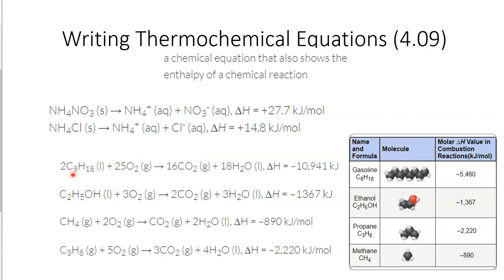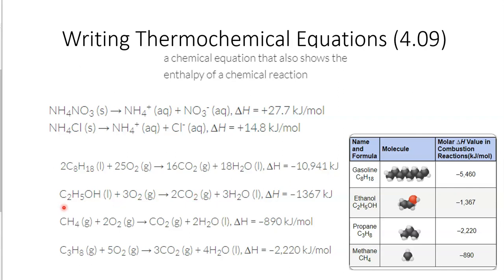So here we have 2 moles of liquid gasoline reacting with 25 moles of oxygen, diatomic oxygen in the air, to produce 16 moles of carbon dioxide gas and 18 moles of liquid water. The delta H, the change in enthalpy, is negative 10,941 kilojoules per mole. That's an exothermic reaction, I know, because it's a negative sign. And in the process, almost 11,000 kilojoules of heat energy are released when we combust